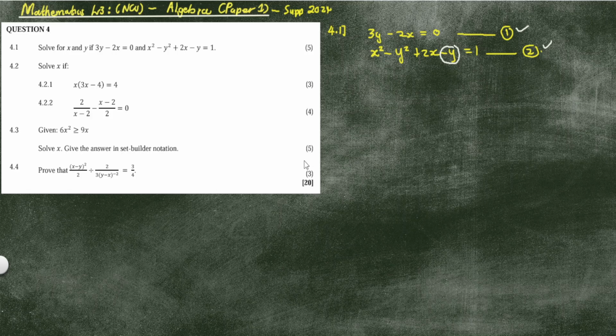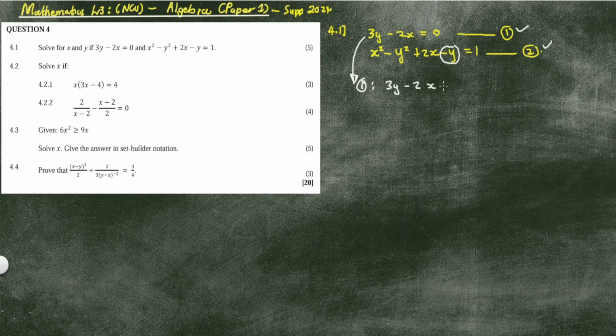So what should actually happen? We should be taking equation 1. Yes, it's not an ideal equation to deal with because we're going to end up with a fraction, right? But we have to take equation 1. We have no other choice, just to make our lives easier. Now we're going to take the first equation,